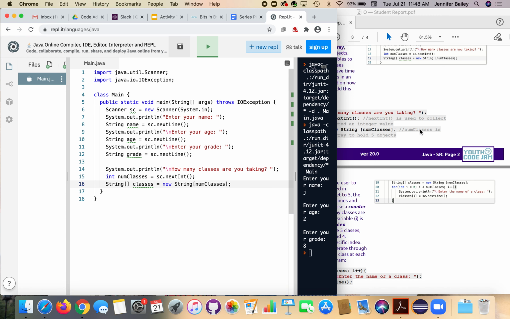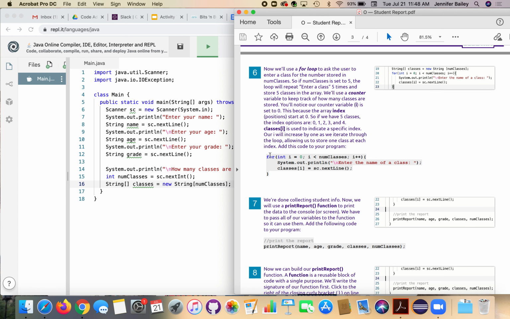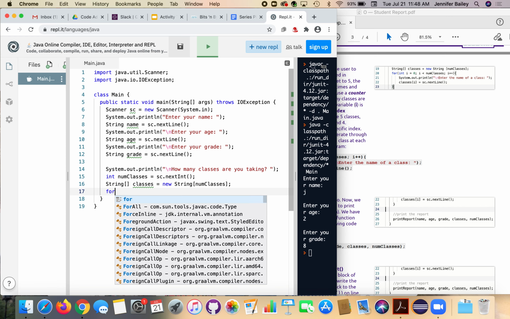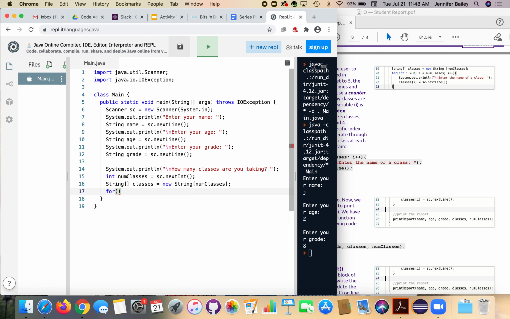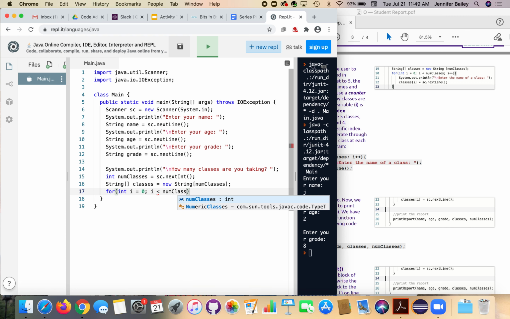Okay, so the next thing we're going to do is use a for loop to ask the user, however many classes we said we have, we're going to ask the user to enter that number of classes. So we'll come down here and we'll use for, and then we're going to use a counter variable, and we can declare this inside of our loop. So we're going to name it int i equals 0. And if i is less than the number of classes,